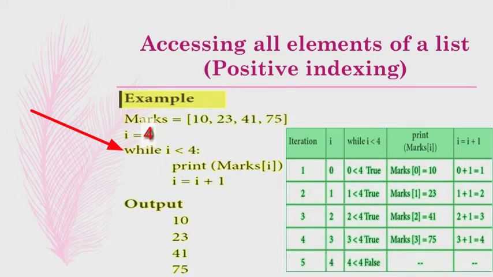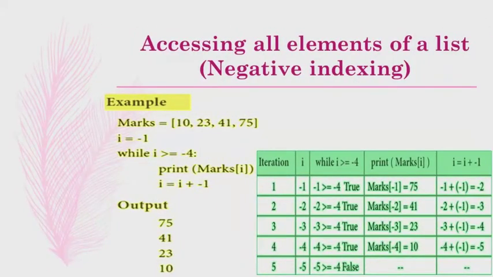Okay, so see the same program with the reverse indexing. Let us see the program in the reverse order. Okay, how will you access the elements in the reverse order? You have to start from the last character in a list, and the index value of the last character is -1, and next -2, next -3. Here the initial value of I is what? -1. So check the condition. I is greater than or equal to -4. This is the condition. And next, if that condition is true, then print the marks.